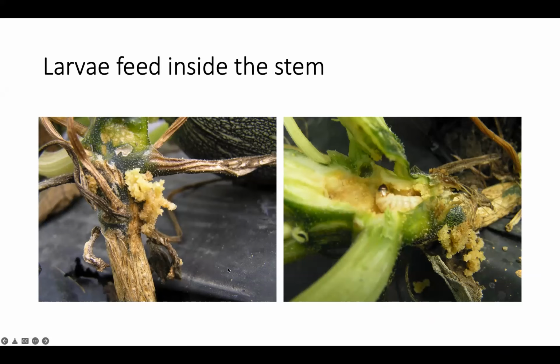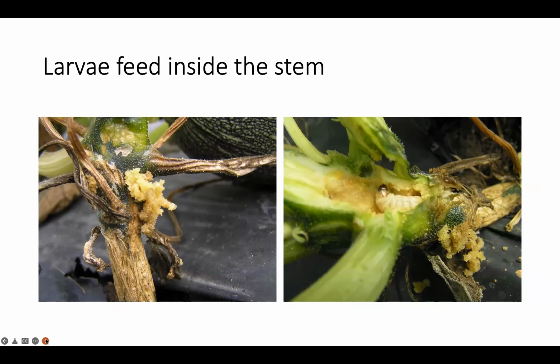One thing that I should have already mentioned is that squash vine borer is usually more of a problem on bush type of squash like zucchini, although they will also infest the vining squash. They're a little bit harder, and they're more likely to kill the plant in a bush type of squash. When they feed inside the stem, they push out their frass, which is the scientific name for insect poop. And if you cut open the stem, you can see this pretty robust, big white grub inside.